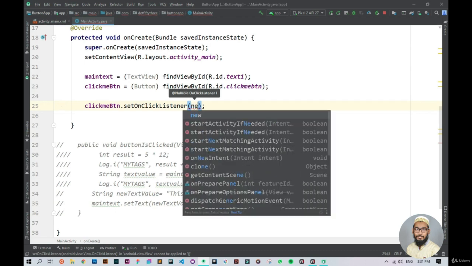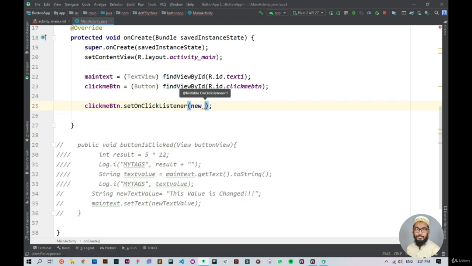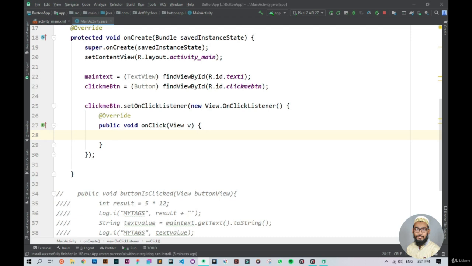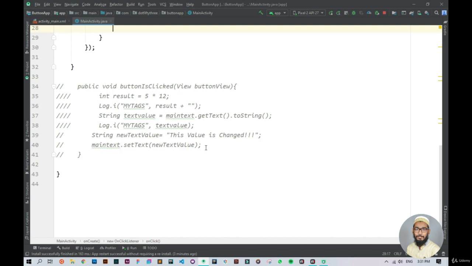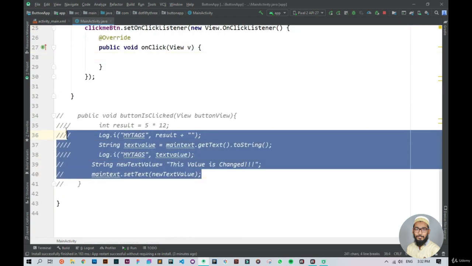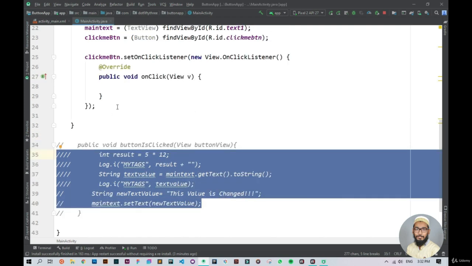So I can type here new, and then pressing the shift key with a capital O, you can see that the Android autocomplete feature suggests I implement a new interface that is from view.onClickListener. So I will click on OK, and now as you can see we have anonymously created an on click method for this click me button. Now instead of specifying the code in the other method, I can specify the code inside